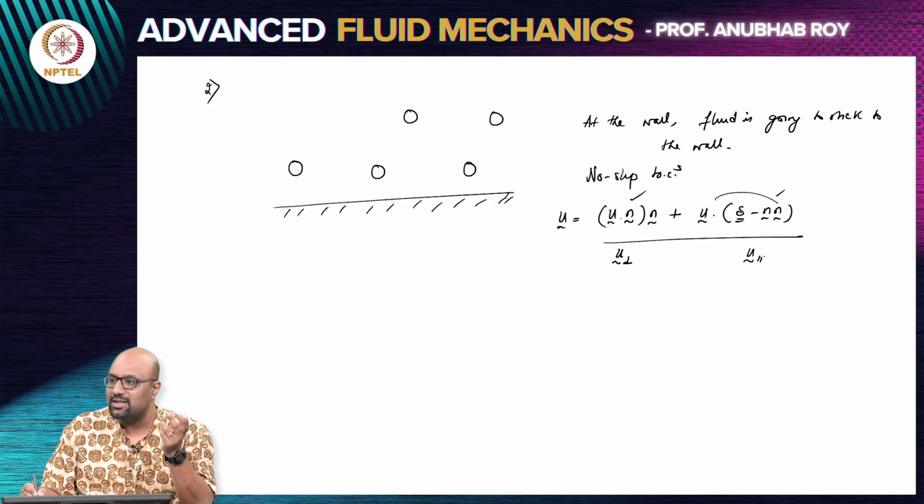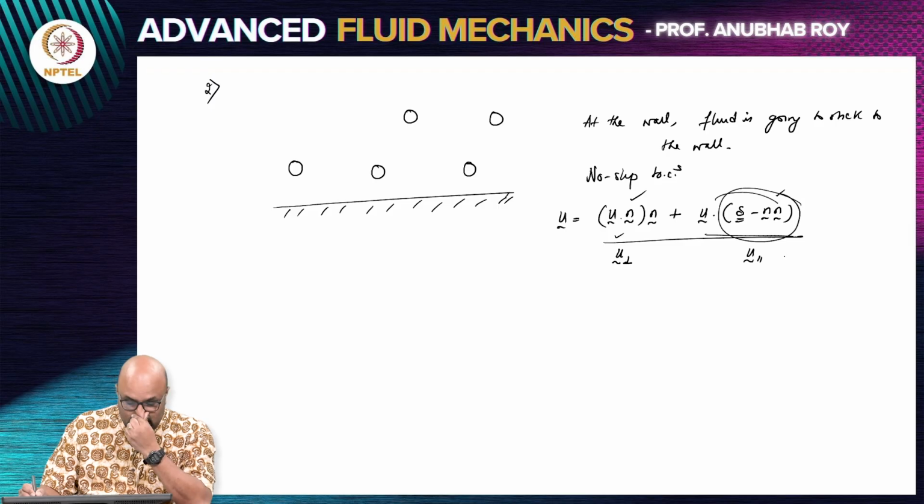Think of it in terms of x, y, z. If the surface was on the xy plane and z was the normal, then this is basically uz z cap, and this one will give you ux x cap plus uy y cap. So this particular operator, delta minus nn, when it operates on any vector, extracts out the component of the vector that is lying in a plane perpendicular to the vector n. It is a more compact notation because our surfaces are necessarily not going to be flat. Our surfaces can take any kind of shape. So, the tangential component